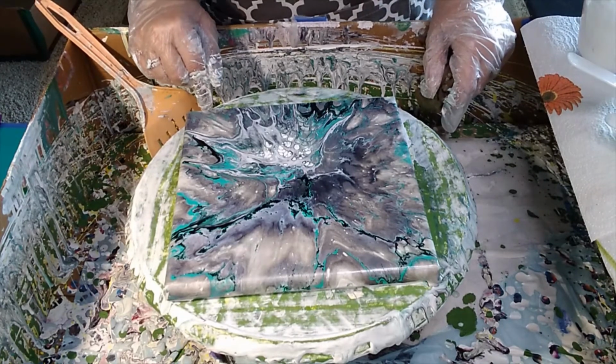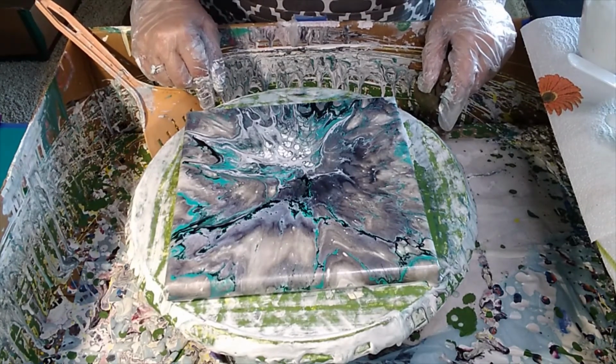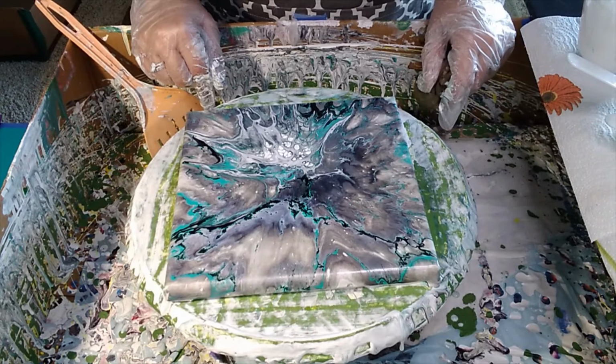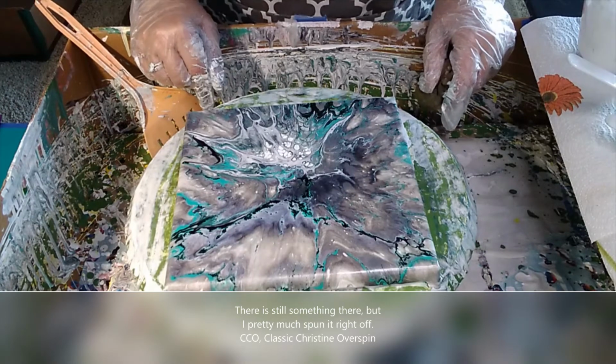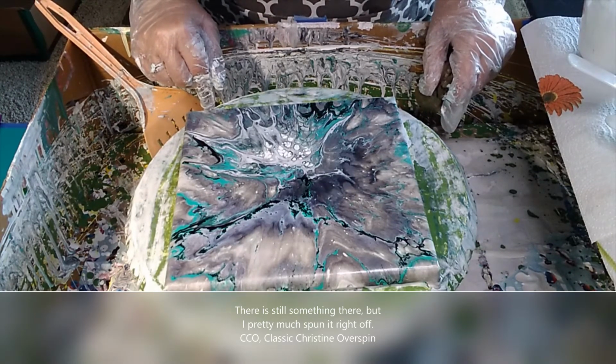I'm out of paint. What do you think? Well, it is what it is. Some of them don't turn out all the time, but